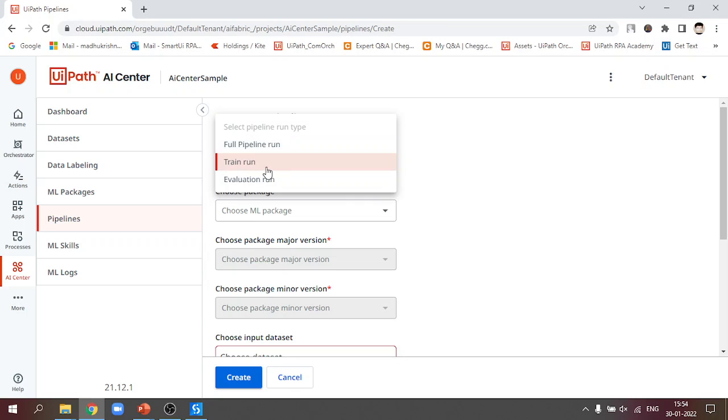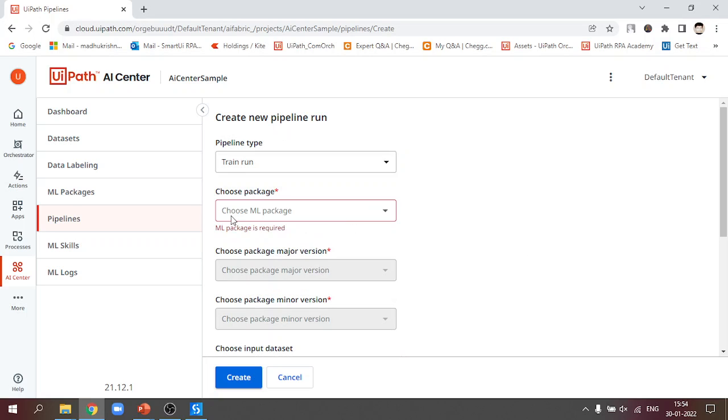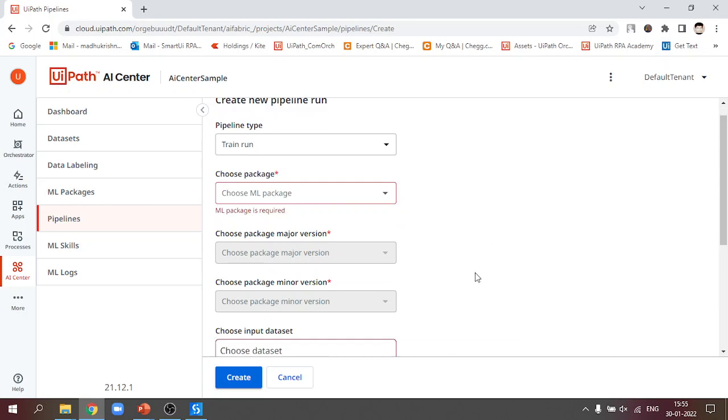So in the train run, it will just produce an ML package, and in the evaluation run, it will produce metrics and logs. And then the full pipeline essentially runs the training pipeline immediately after an evaluation run is completed. So those are the explanations of these three types, and you can choose the package which you have trained before, or the packages that are available in the ML packages.